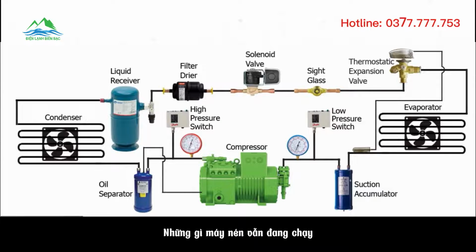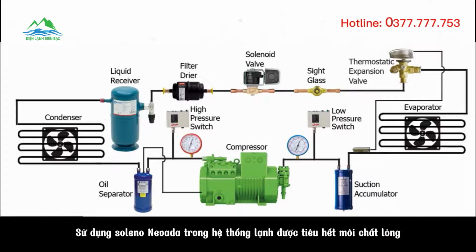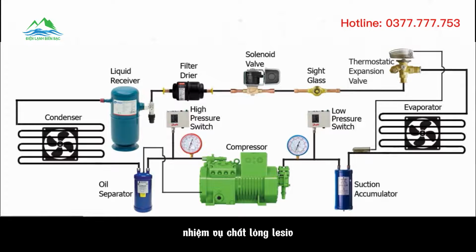When the compressor stops running, the solenoid valve blocks the flow of refrigerant liquid into the evaporator. The other purpose of using a solenoid valve in a refrigeration system is to pump down all the refrigerant liquid into the liquid receiver. If the solenoid valve is closed while the refrigeration system is running, all the refrigerant liquid is pumped down into the liquid receiver. The sight glass is basically a piece of glass that you can look into the refrigerant pipe.